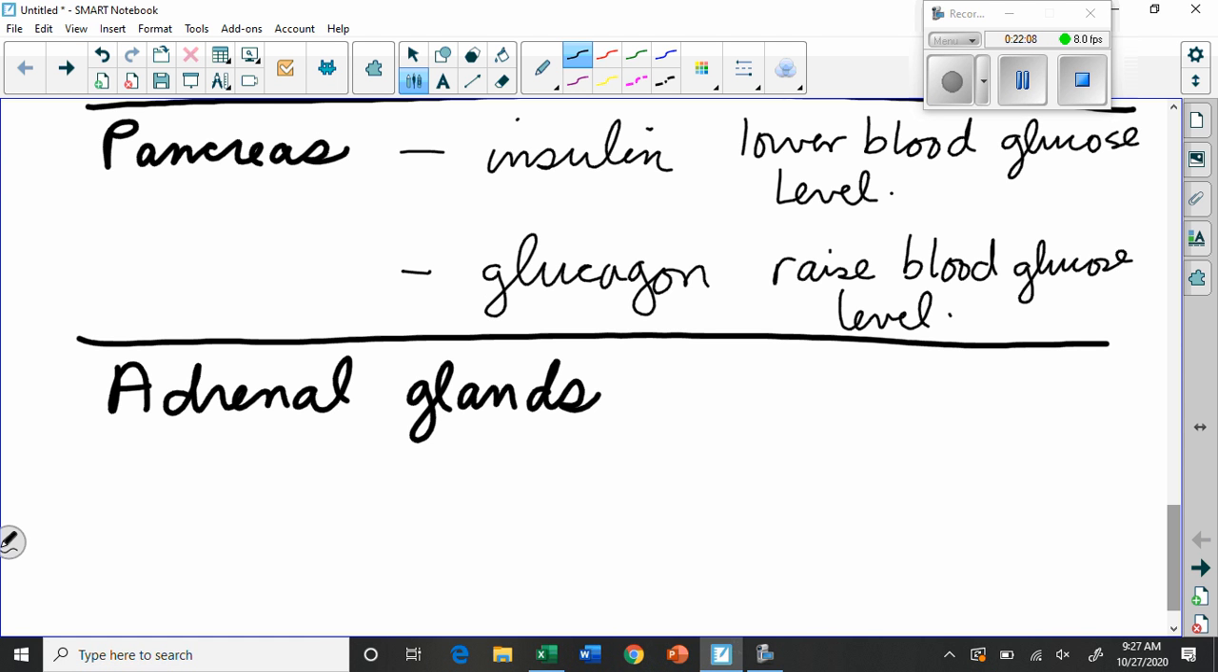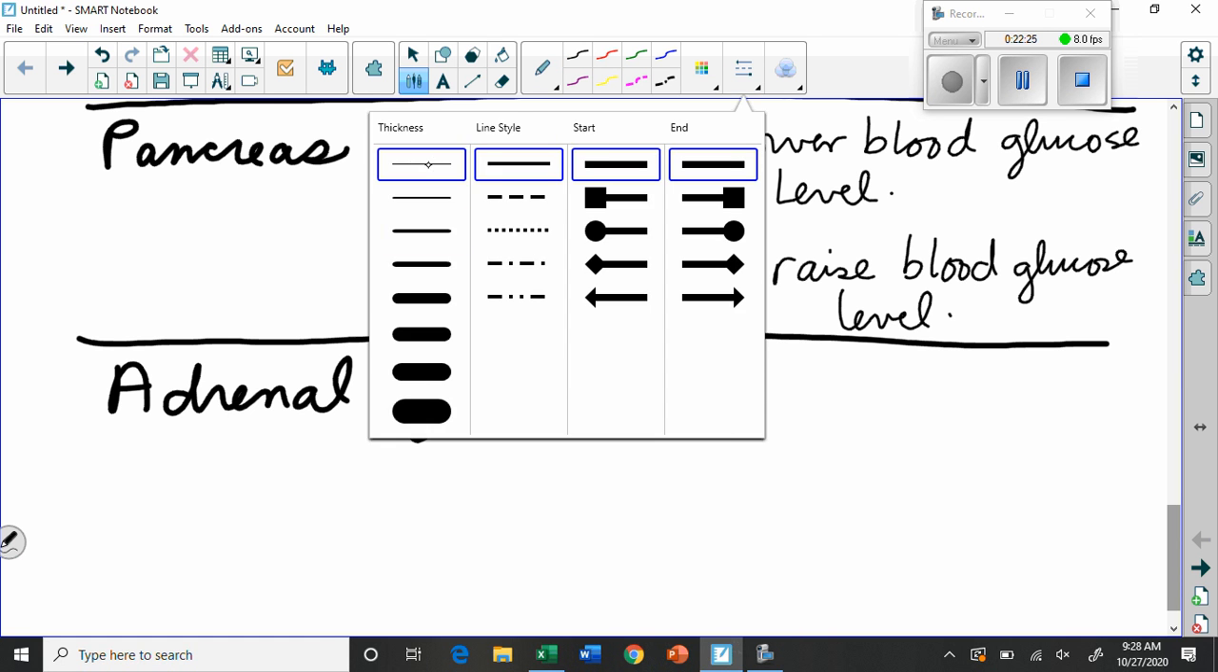Now, there are two parts to this gland. I'm not going to get into that. There's the adrenal medulla and the adrenal cortex. So the gland actually has two separate structures within it, and each structure is responsible for some different hormones. The medulla is where we find the epinephrine and norepinephrine, but to keep it simple,